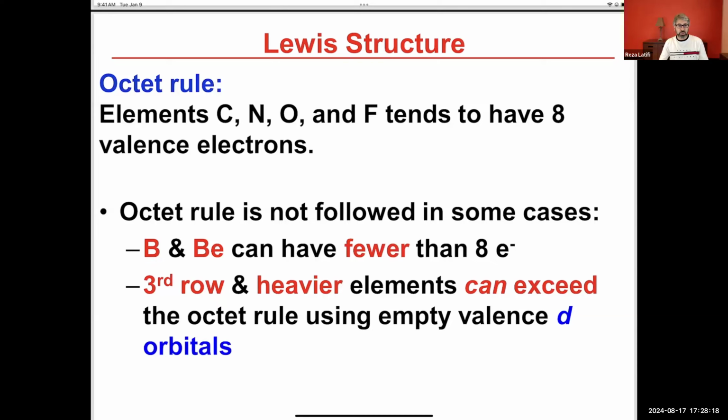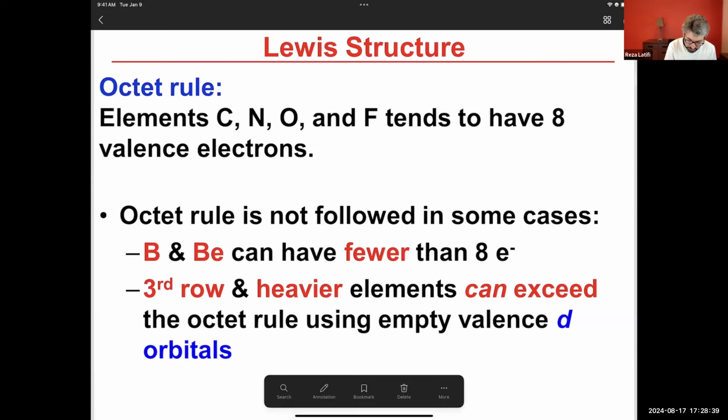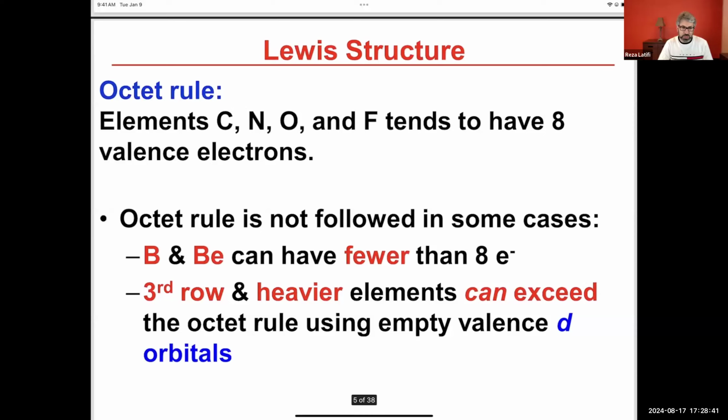Now, remember, we are going to share electrons with our neighbors. If you are carbon, because you have 4 electrons, you share them with 4 neighbors, you will get 4 more electrons, so you will have 8. I have 4, share with 4, and I will have 8. But if I'm beryllium or boron, I will have only two or three valence electrons,